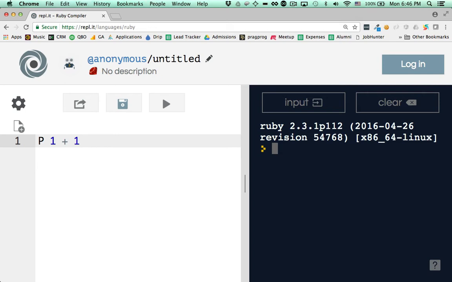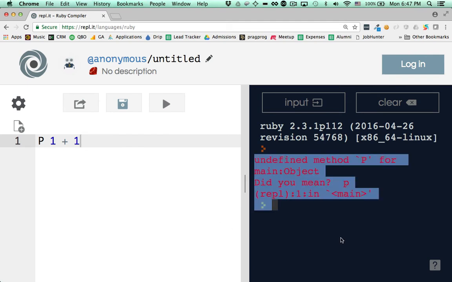What happens if I decide to go ahead and use an uppercase p? Let's find out. So we get an error. I'll read it to you. It says, undefined method capital P for main object. Did you mean lowercase p? So again, this is basically telling us what went wrong. Saying you meant to perhaps say lowercase p, and instead you said uppercase p, but that's not a valid Ruby